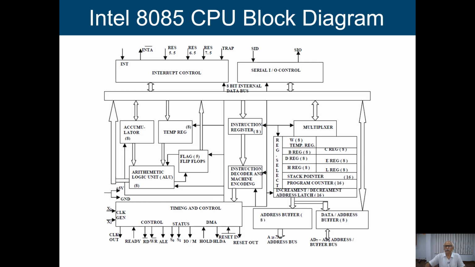First I want to give a block diagram of this processor. Now what we have to see, as I said, one of the design decisions is the number of registers. How many registers are we going to give? Here in this case this is the register bank. We have general purpose registers B, C, D, E, H and L. These are the general purpose registers that we have.